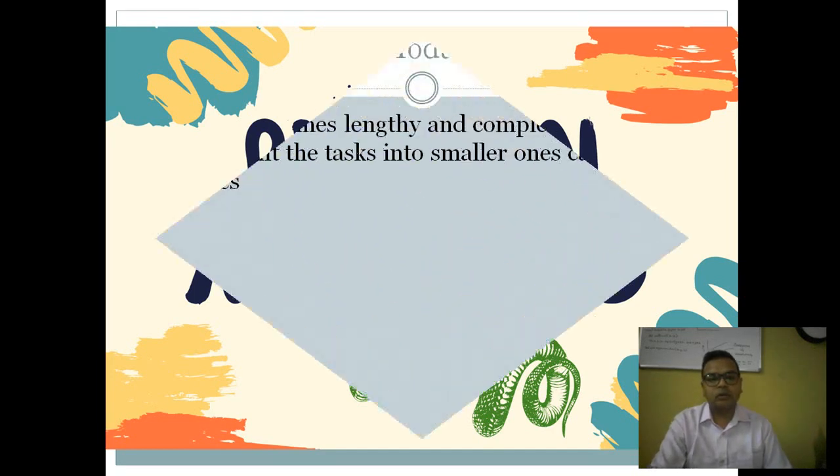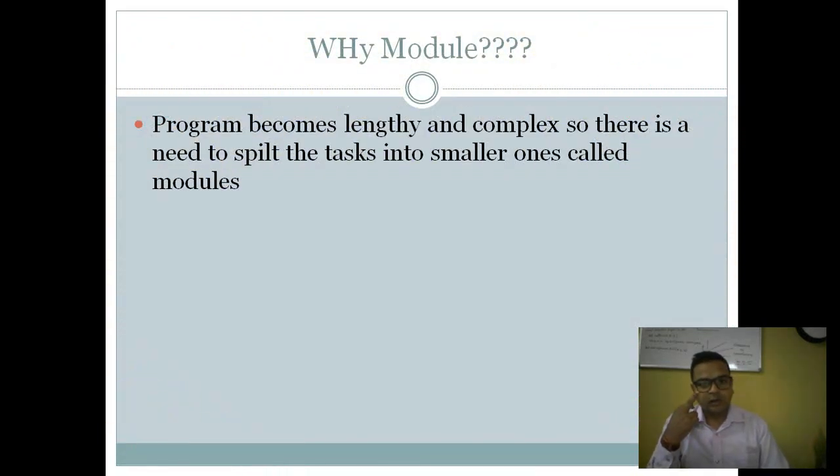And if we define the module, why is there a need of using the module? That is the very first question. First of all, when we talk about a program for any specific task, it will become lengthy and complex. Clear? Lengthy and complex in terms of what? When I make the program, the length of the program increases. It means the problem itself is such that the solution is going lengthy. So what can be the good solution?